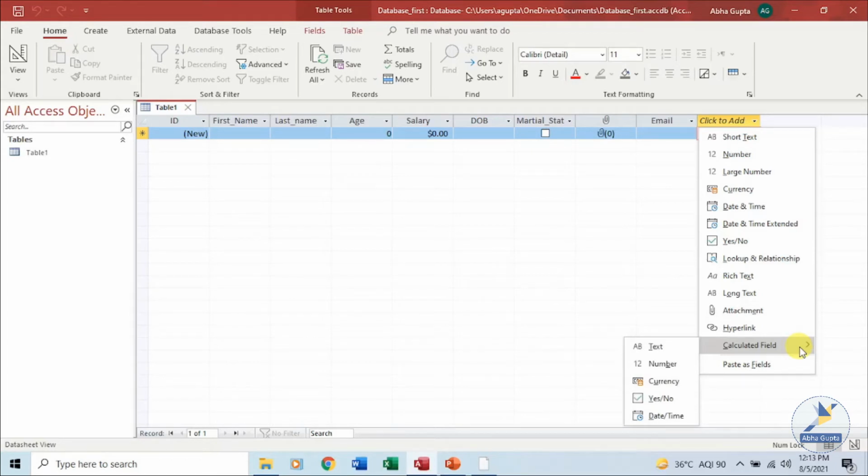Next, you have calculated fields. Now if you have salary being entered over here, basic salary, your DA, TA, then any other allowances, bonus, and instead of manually entering the data over here, you want to calculate the data and then enter it, that can be done using the calculated field. We can have a field with the heading as calculated field, whether it is text, number, or date or time.